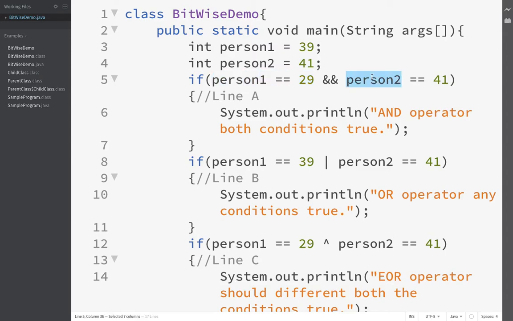Same procedure in OR operators also. For example, I will make it 39 here. Fine. So in line B, person 1 is 39. If the first condition is true, then it doesn't check the second condition,